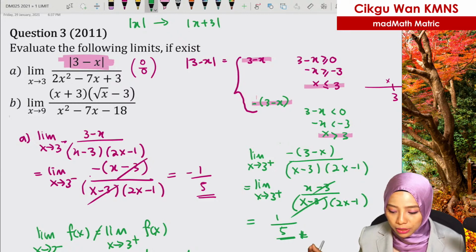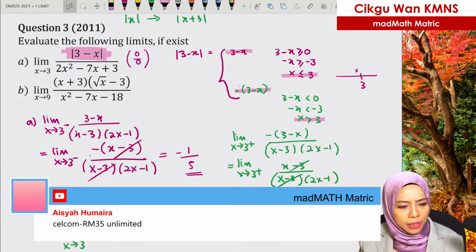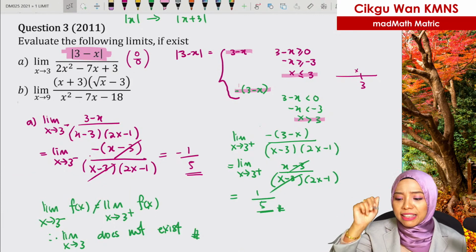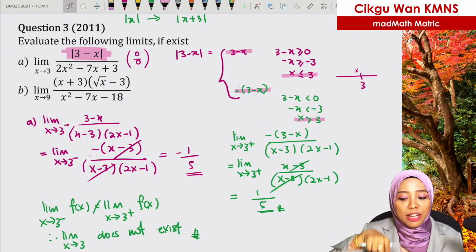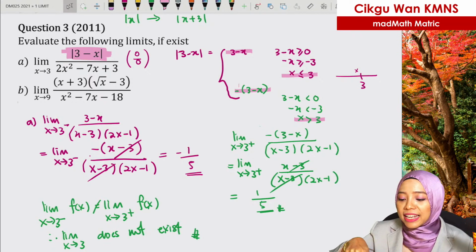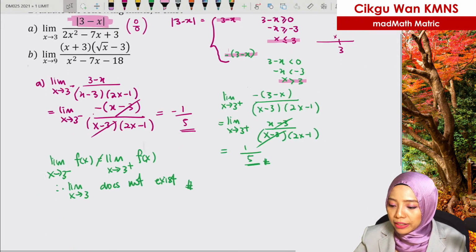Okay, just now the limit does not exist. Yes. Okay, how many examples are left? Okay, B. To answer Firaz's question, look here. Question A earlier had an absolute function, so I broke it up. Now look at B. What did I do? Did I break it up? Did I do limit 9 from the left and from the right? Look, no, I did not.